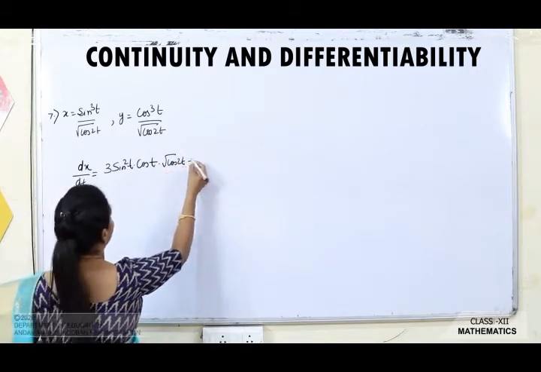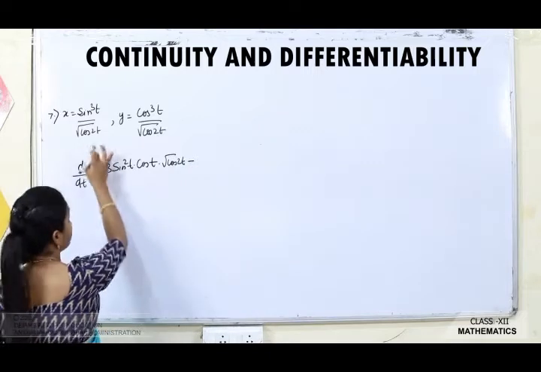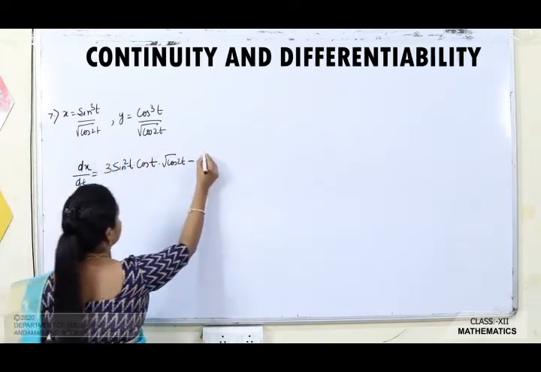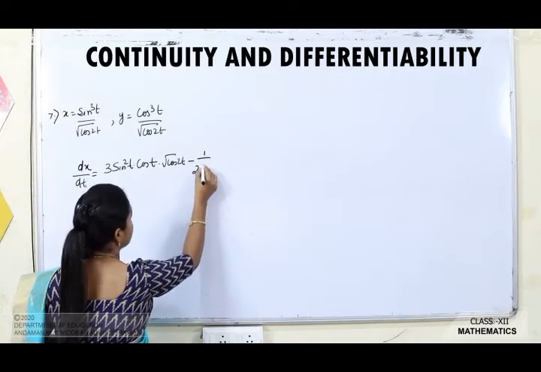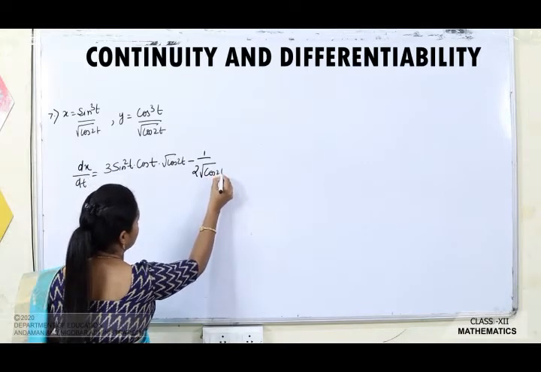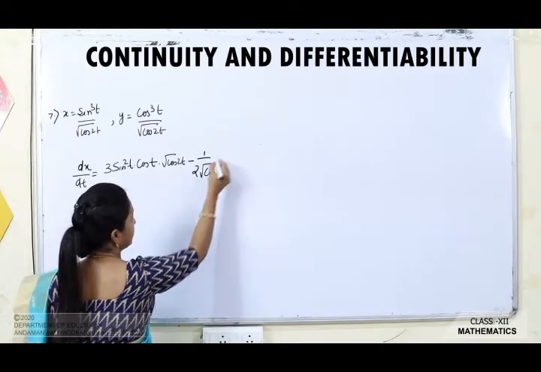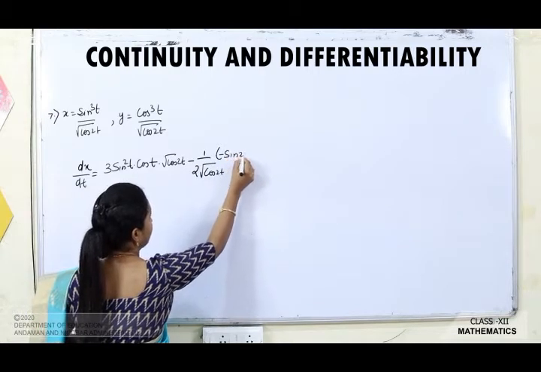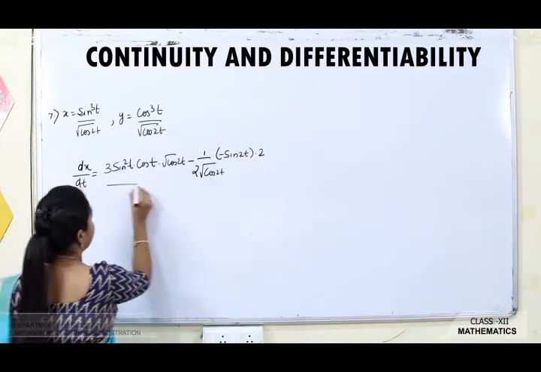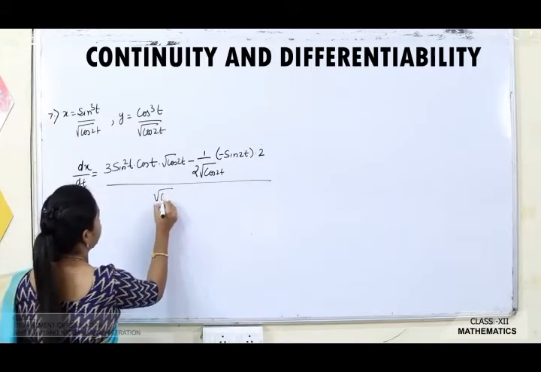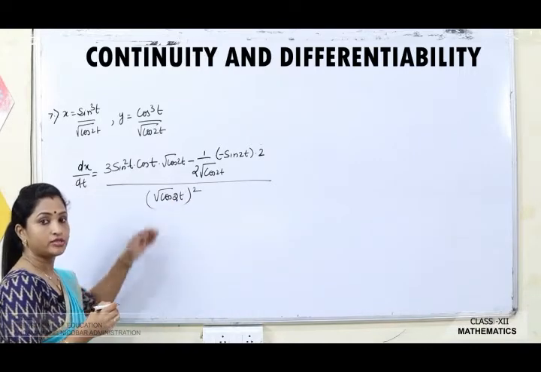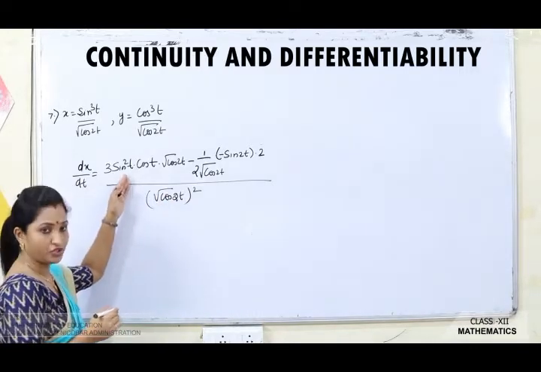denominator minus differentiation of denominator. So when you differentiate the denominator, root x, the differentiation of root x is 1 by 2 root x. So it is 2 root, in place of x you have cos 2t. So you will write down cos 2t into derivative of cos 2t is minus sin 2t into derivative of 2t is 2. The whole divided by denominator square, cos 2t the whole square. Okay. So this is your, you can say, quotient rule here.